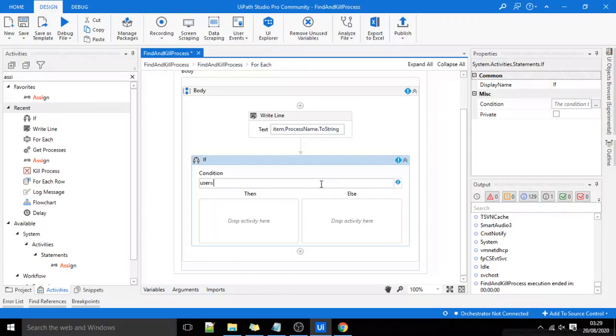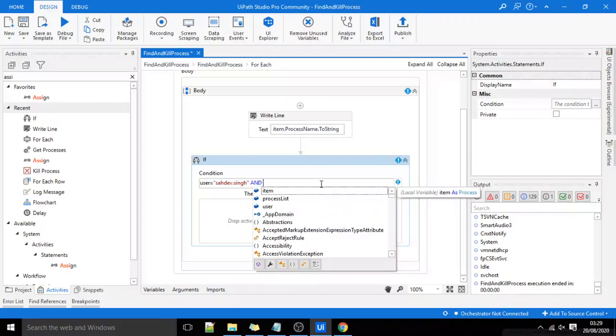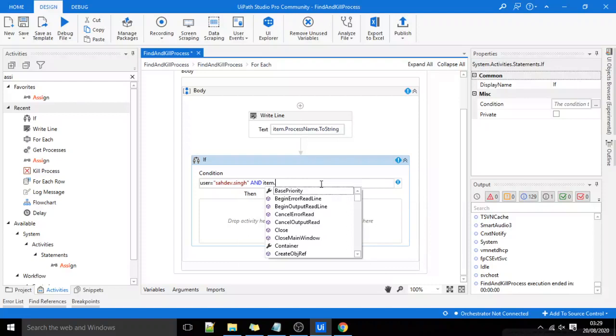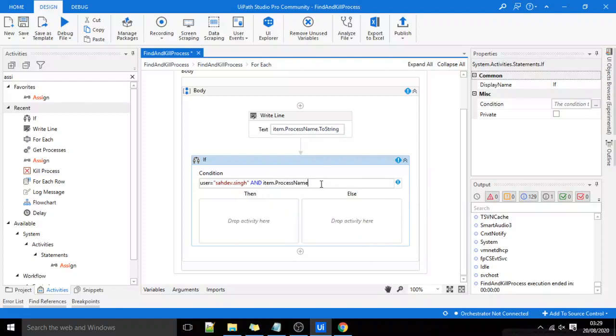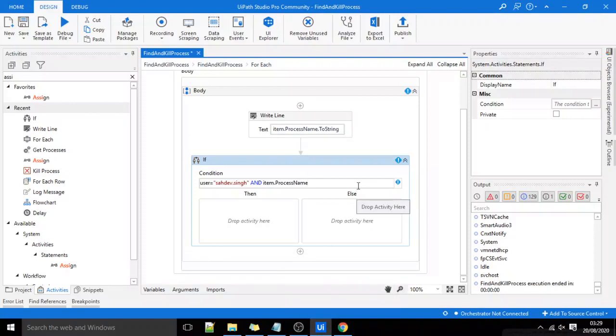I'll type user equal to my current user Sahdev.Singh, then and condition item.ProcessName. There are many processes, but I have one process by the name of Chrome. As my Chrome browser is opened, I'll type process name equal to Chrome.